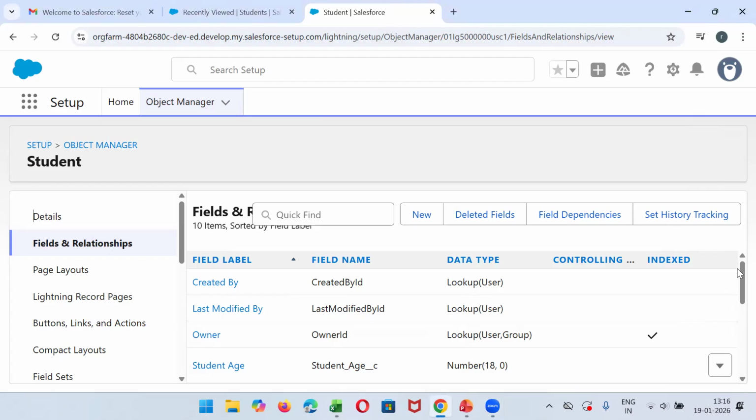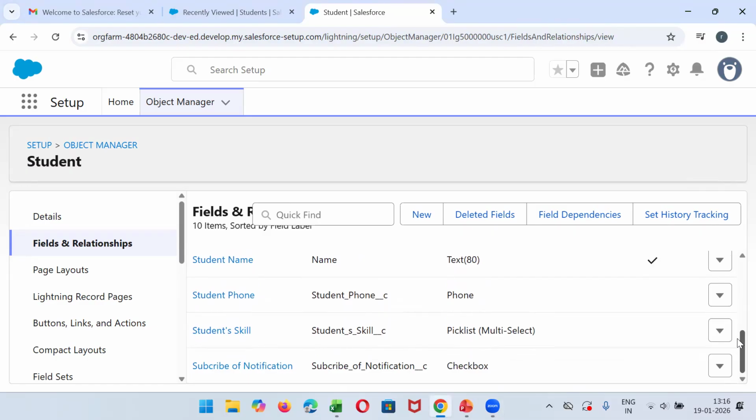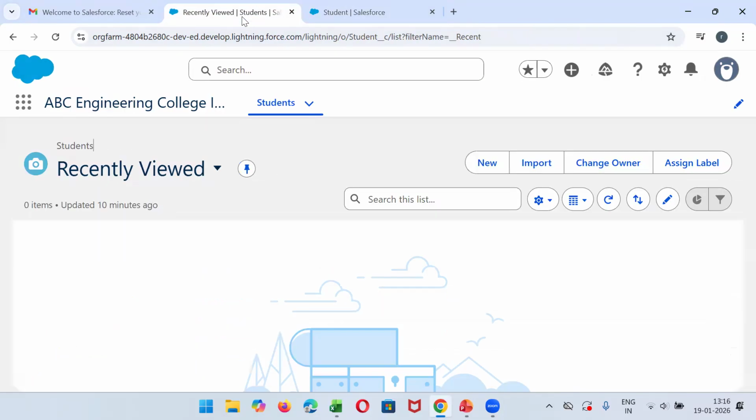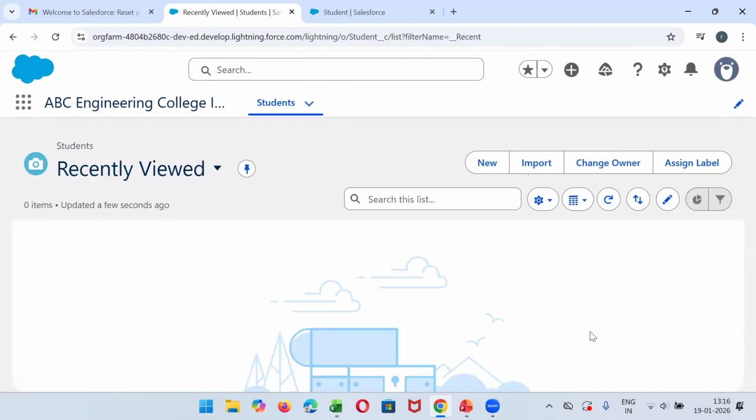Sorry about that. Okay, so let's start our session. As I have told you, you can see all the fields that we have created on this table. Now we will see how it will look, because this is a backend, it is a database. Now we'll see how it will look at the front end. We'll come to this page. I'll just refresh this page, my app page,